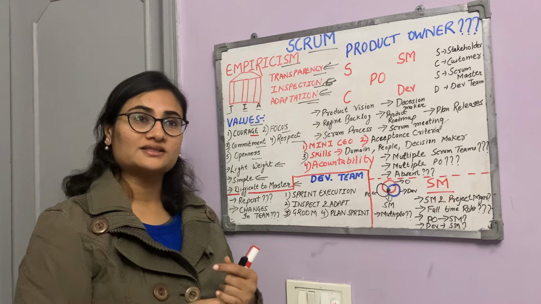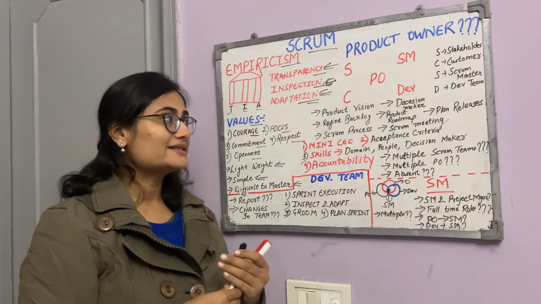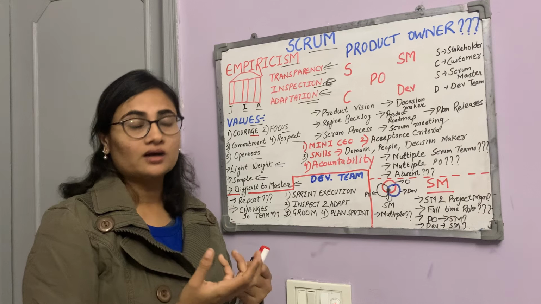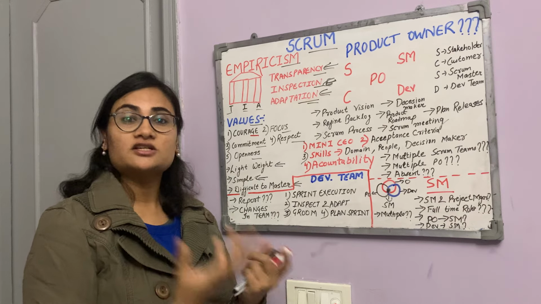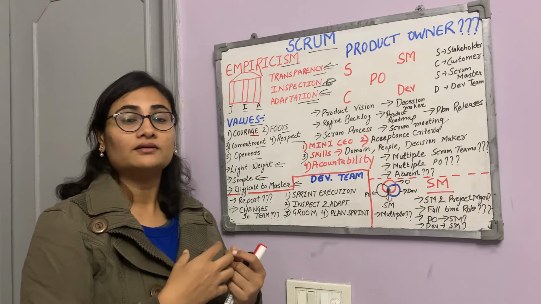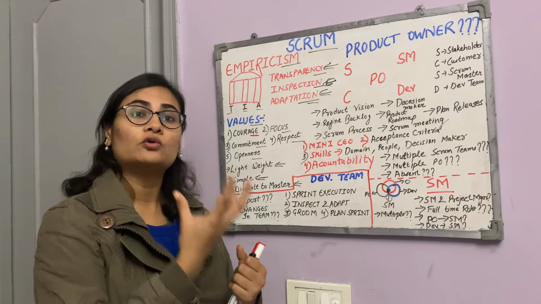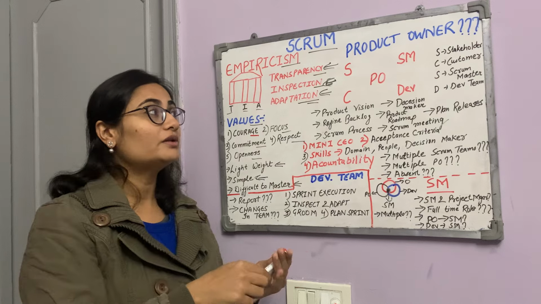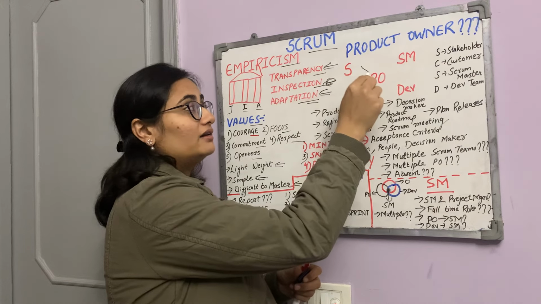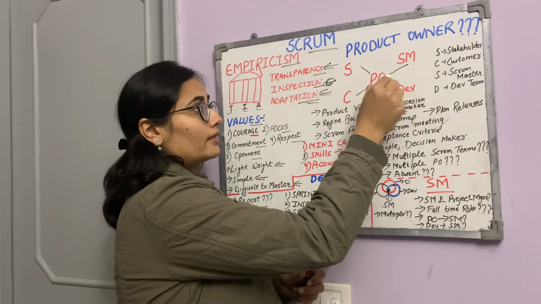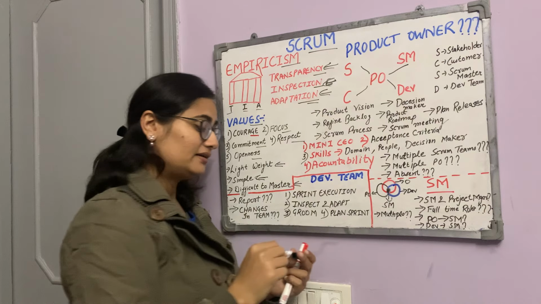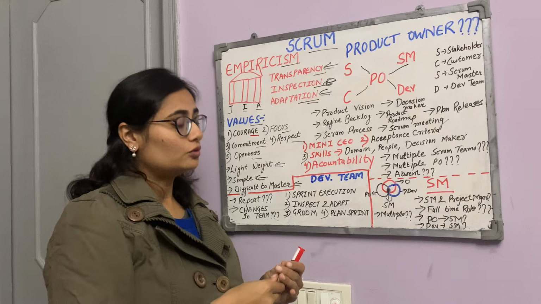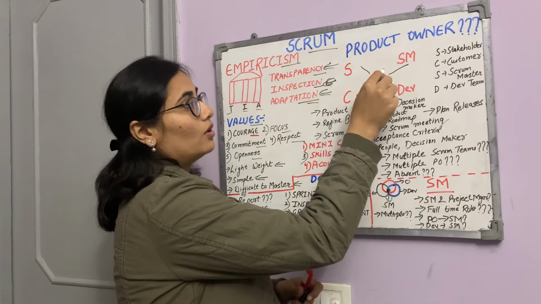So product owner is the one who is setting the direction of the product, who knows the vision of the product. He is the one who knows and who lays out the entire roadmap of the product. He is the one who is dealing with both internal and external team members. He is the one who is actually at the center of